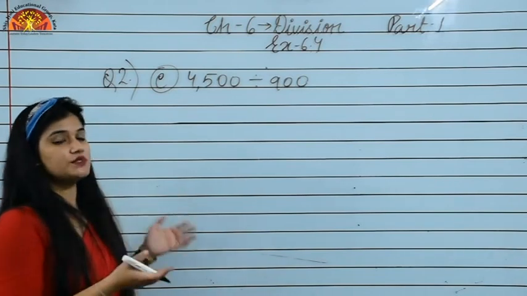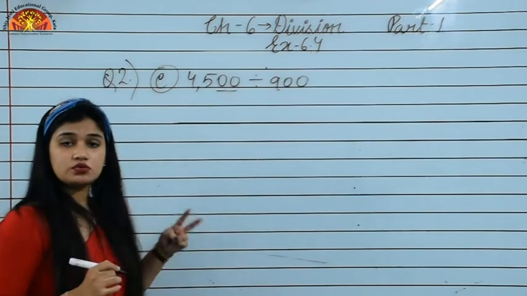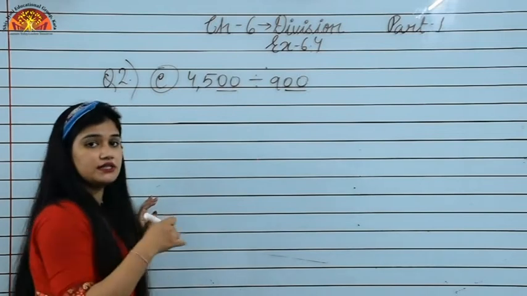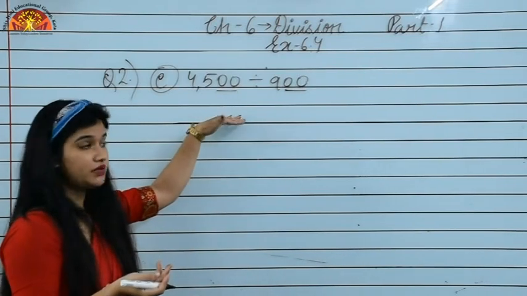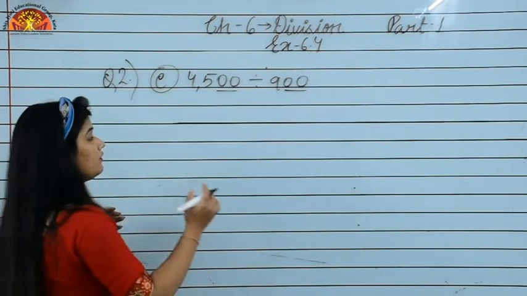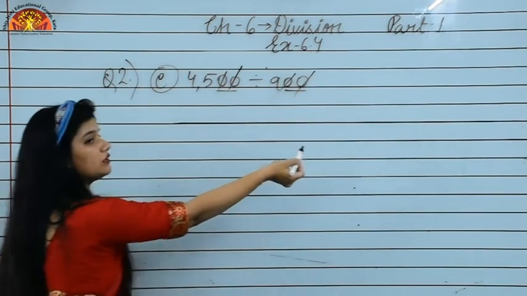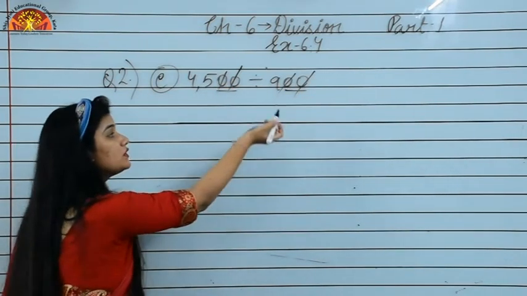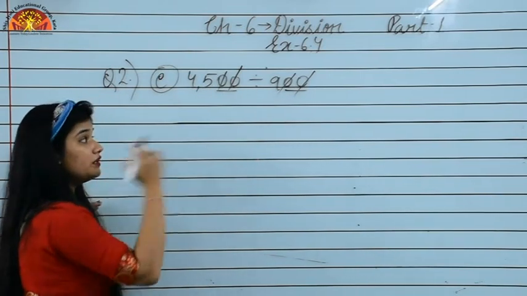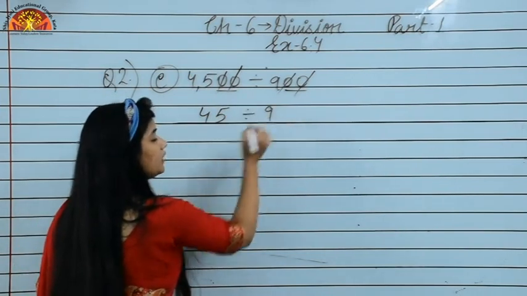Now what we are observing in this question, क्या observe कर रहे हैं हम इस question में? As we can see, we see 2 0 in dividend also and we see 2 0 in divisor also. Last digits we are observing, 2 0 here and 2 0 here. So what we can do in this situation, we can cancel 0 to 0. जितने 0 आपके पास डिवाइजर में हैं उतने 0 अगर डिविडेंड में हैं तो आप क्या कर सकते हो, उसको कैंसिल कर सकते हो. Now the new dividend will be 45 and the new divisor will be 9.